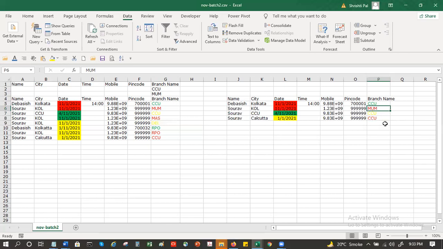Or suppose there is another column, let's say amount. You can give amount greater than, amount less than. So all you have to do is, suppose you have another column, let's say amount.